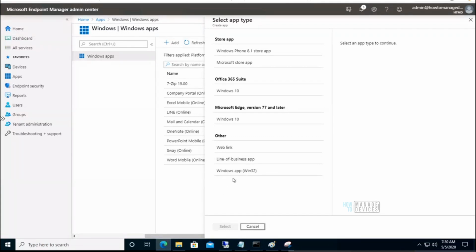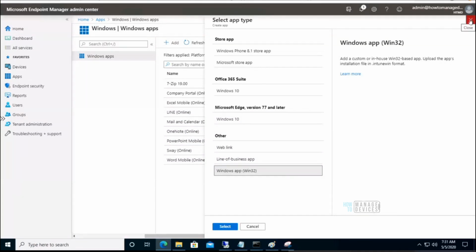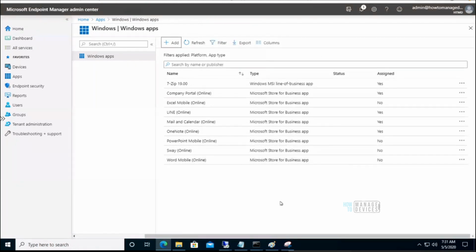After that we will see some of the other scenarios, Windows app Win32. This is the scenario where you need to check when you have those kind of complex applications. We will see this in the coming days. Sure, thanks, no worries.